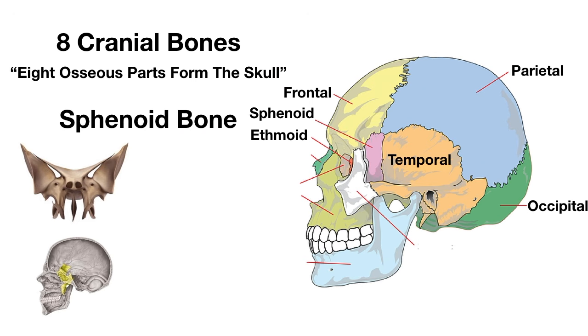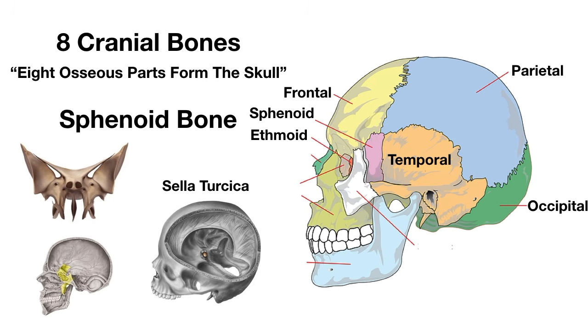The main component to know about the sphenoid bone is known as the sella turcica. This is a depression in the body of the sphenoid bone where the pituitary gland sits, as you can see highlighted in yellow in that final image. There are a few anatomical features to know with the sphenoid bone, and they include the greater wing, the lesser wing, the